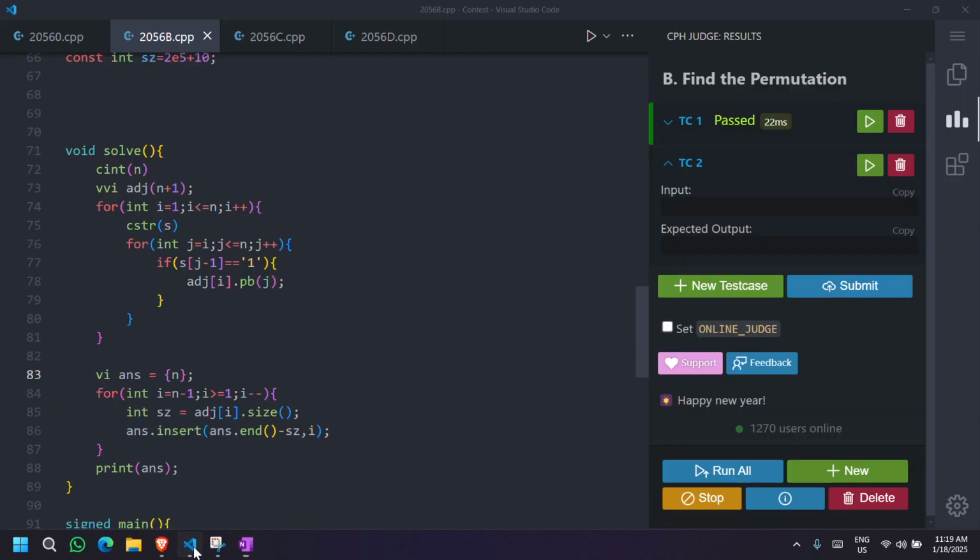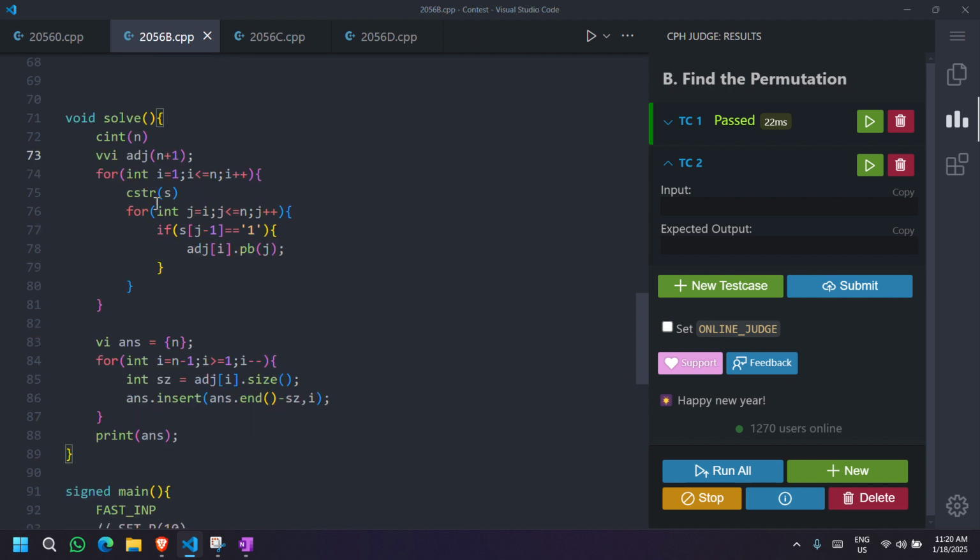So let's see the code. First I take the input n, and then I make the adjacency matrix. I am connecting only the nodes greater than the current node, connecting i to j only if i is less than j, with adj of i dot push_back j.